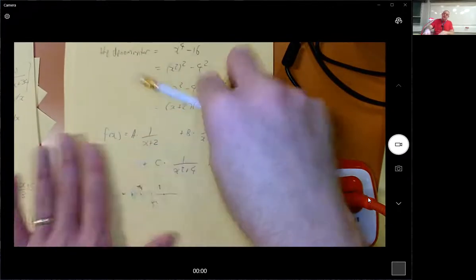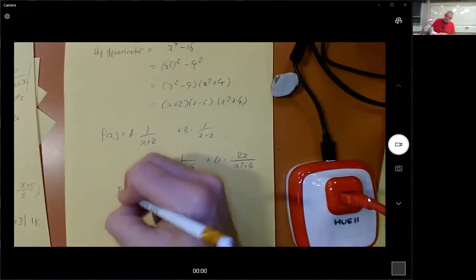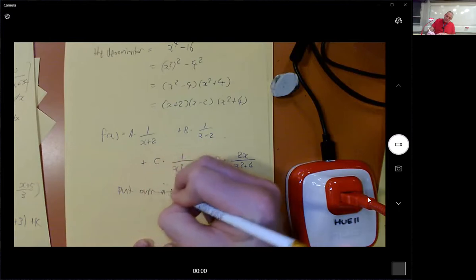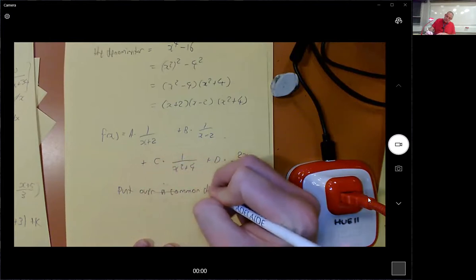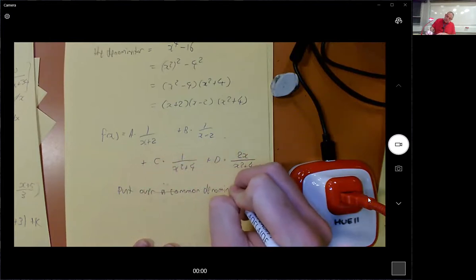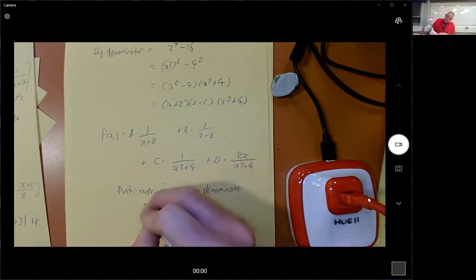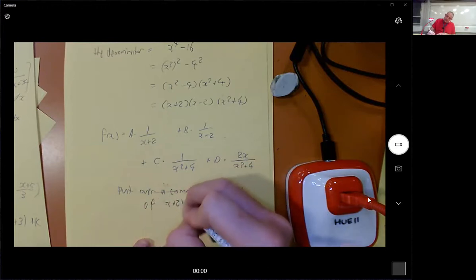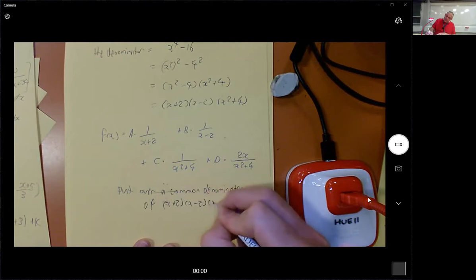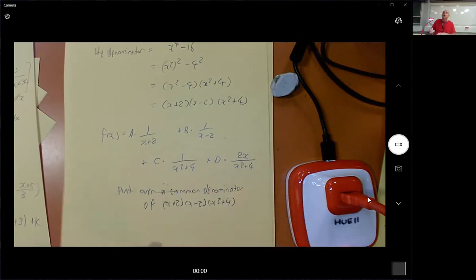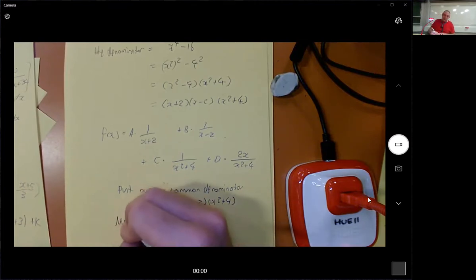This is where I'll skip some of the work. So I'll put over a common denominator of x plus 2, x minus 2, x squared plus 4. I'm just telling the reader what I'm doing. And so the numerator will be,